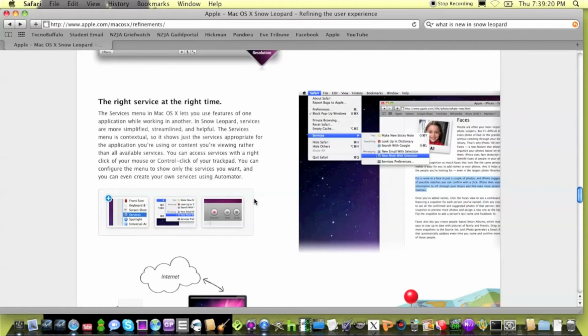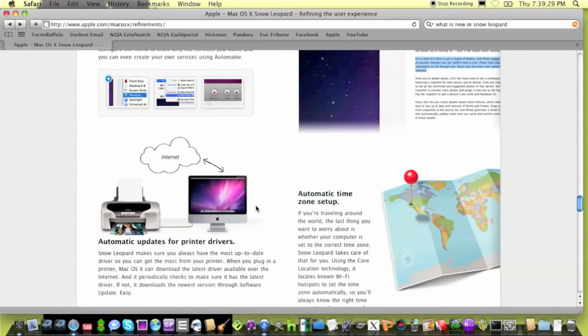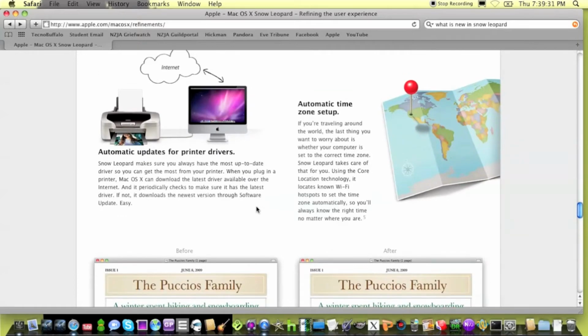Okay, so the services menu is something I don't really pay attention to too much. I guess I should, but we're going to move on from that. Automatic updates for printer devices. Now, if you're wanting to,